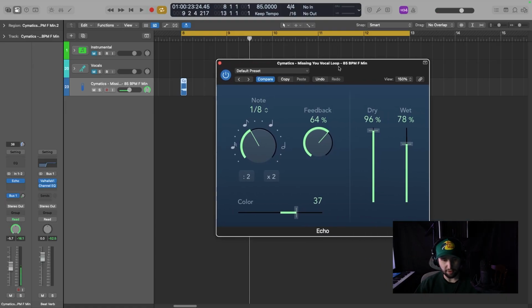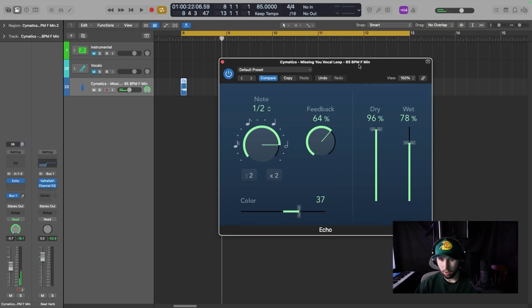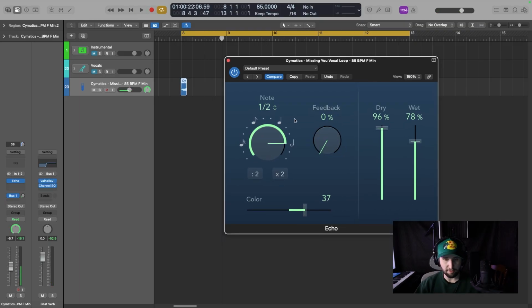That's what it sounds like default. Now let's start messing with these values. Let's go 1/2. We have it. 1/4. Have it again. 1/8. Boom. Alright, the feedback knob, if we set it to 0,